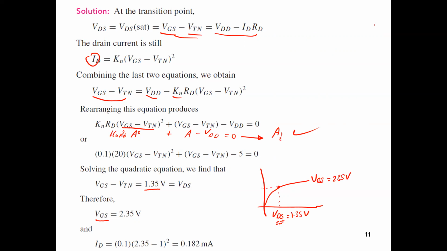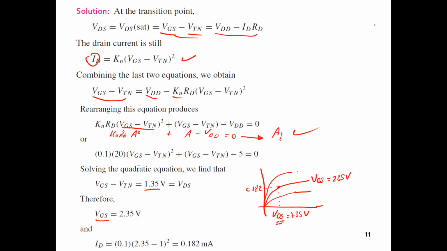And we need to get the corresponding current. In order to get the corresponding current, just substitute again in the equation of ID. So finally here ID equals 0.1, which is Kn, times VGS minus VT, which is nothing but now the saturation volt, which is 1.35 squared. So the current is 0.182. And this is also the point of saturation, which means if you have many curves at different values of